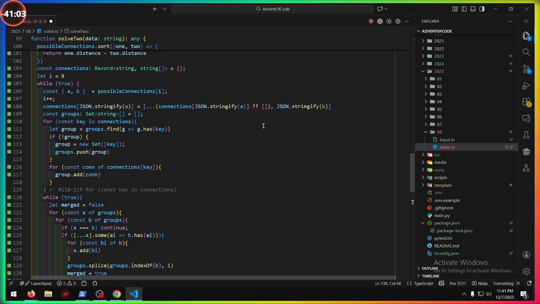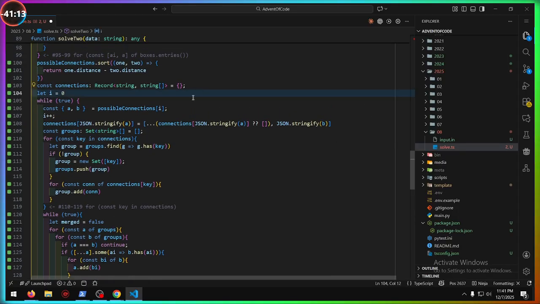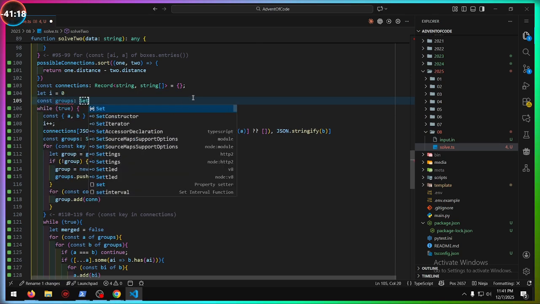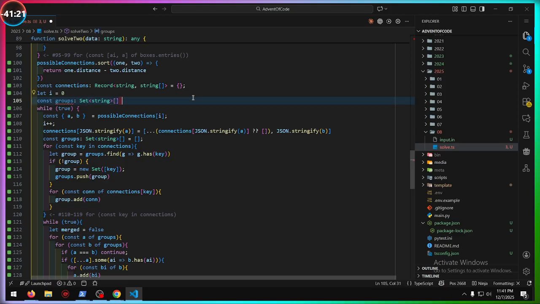So, I'm going to connect A and B. I should just be able to have a lot of this gets moved up and out. So, let's start up here. Okay, we got all the groups. Then once this happens, we make sure those two get together. If there are any two groups with either of them, they get merged together. So, I think it's this logic here